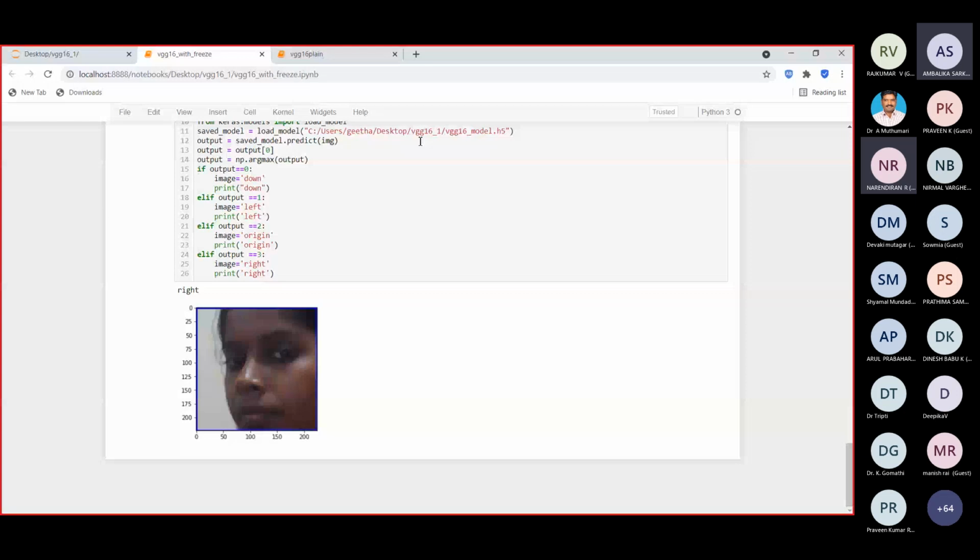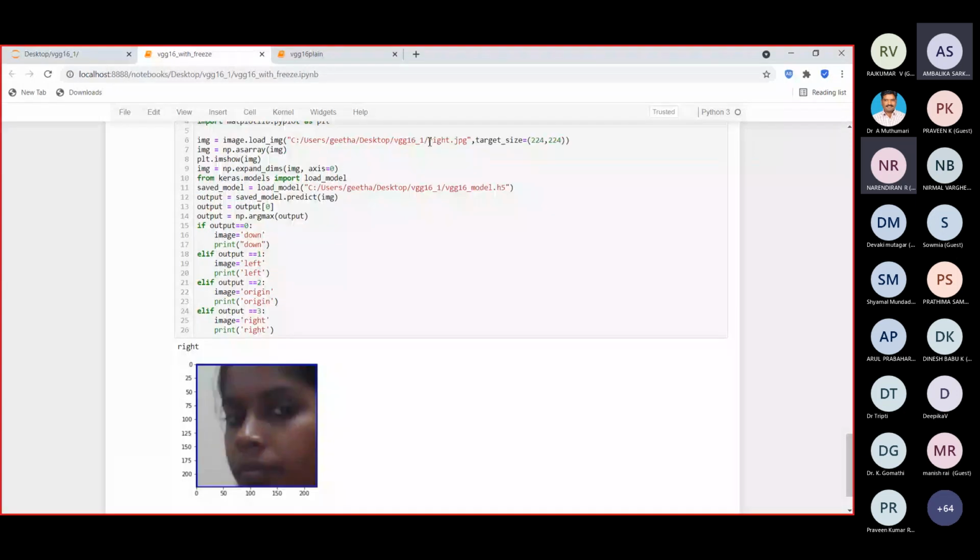This is the right posture. Let me give left and then check whether it is working properly. So it is displaying as left.